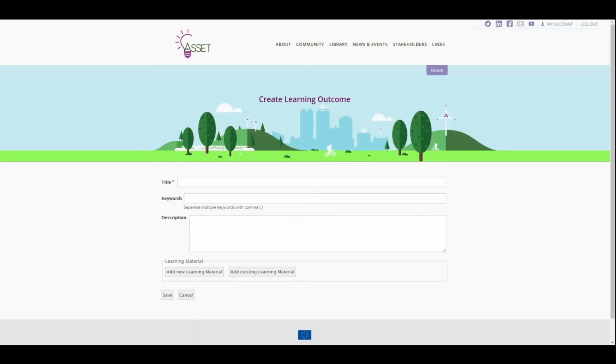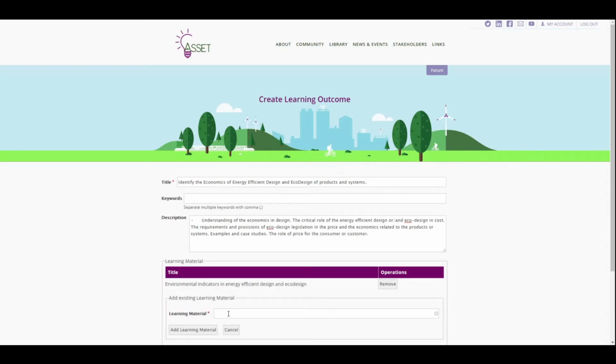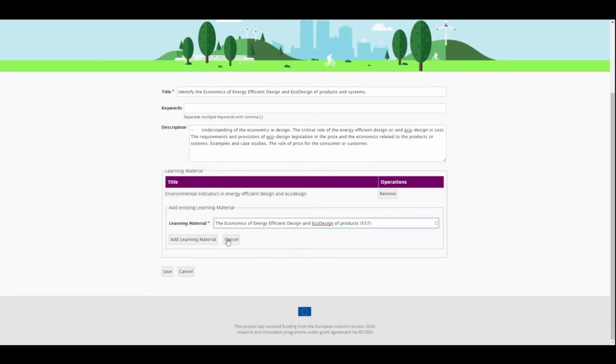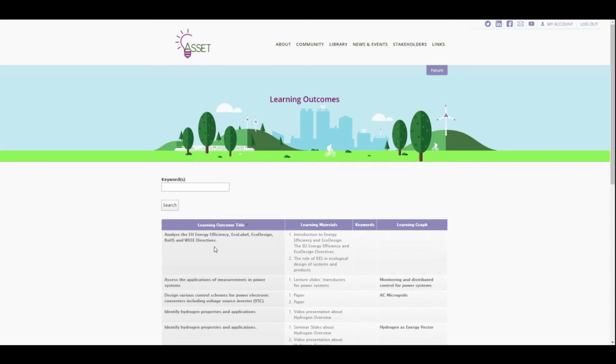Let's create our second learning outcome with this title, this description, and as learning materials we can use this and this, and we click save. So we have 2 learning outcomes,